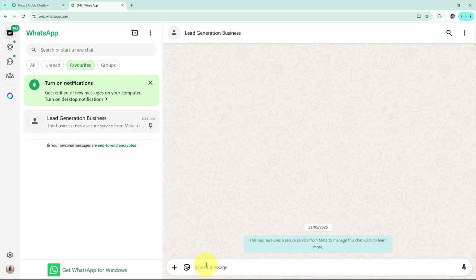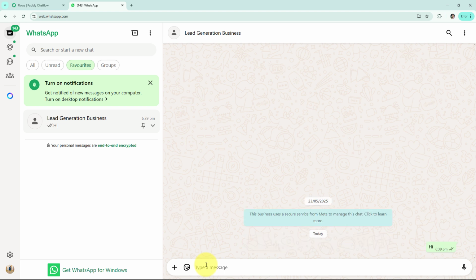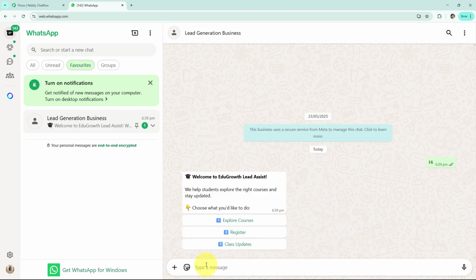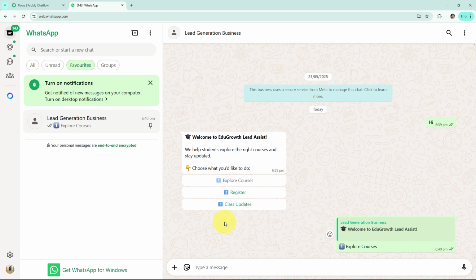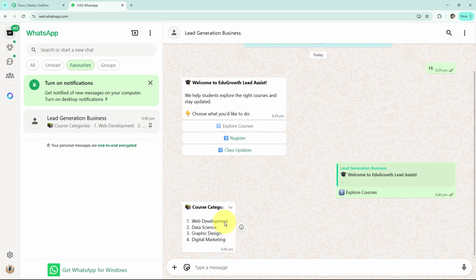Here we have arrived on my WhatsApp screen, and to activate the chatbot, the user is supposed to send a message. So I've sent a general message like hi, and our chatbot responds to us with welcome to Edu Growth Lead Assist. We help students explore the right courses and stay updated. Choose what you'd like to do. Here I'm going to select the first option that says explore courses, and the chatbot responds to us with all the